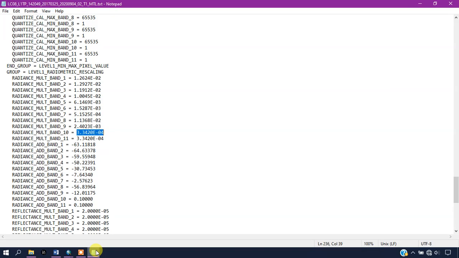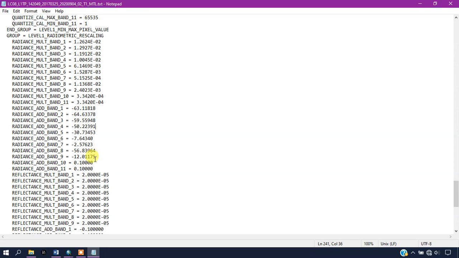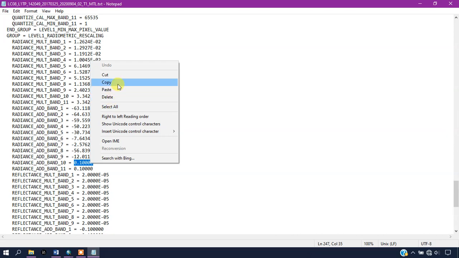Once again we are going back to the metadata. So we have already found the ML value. Now just scroll down a bit and you can find the radiance add band 10. Here you can find the AL value. Just copy it.